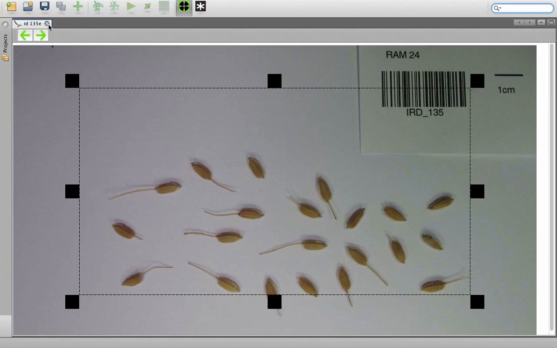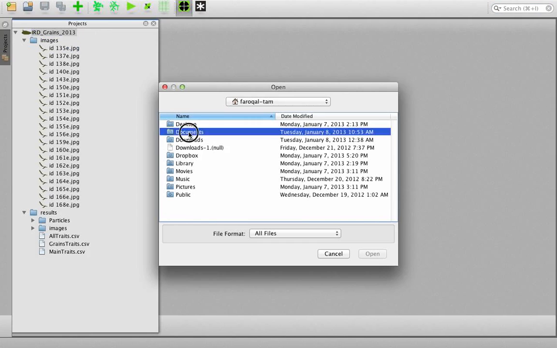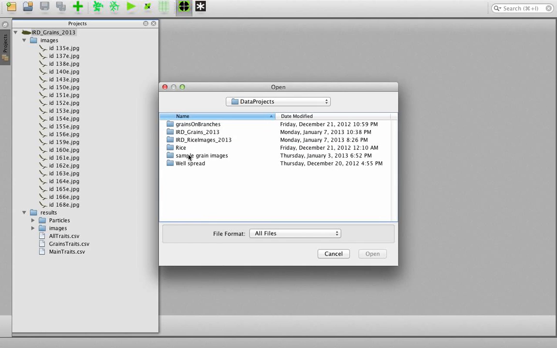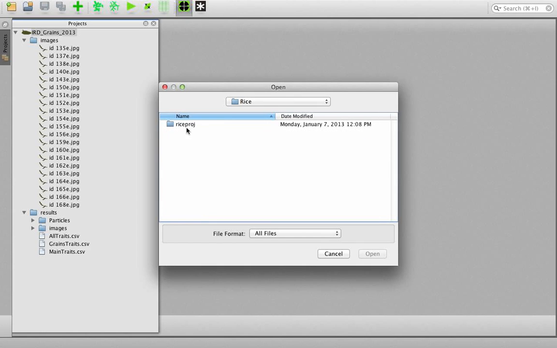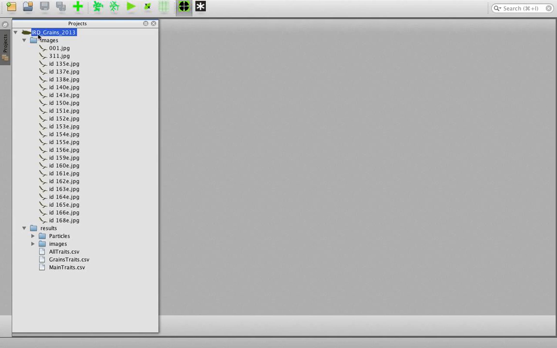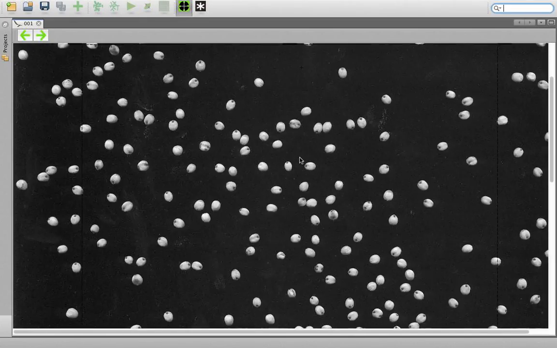To work with inverted mode, let me first add some images that have dark background. For example, these two images here,